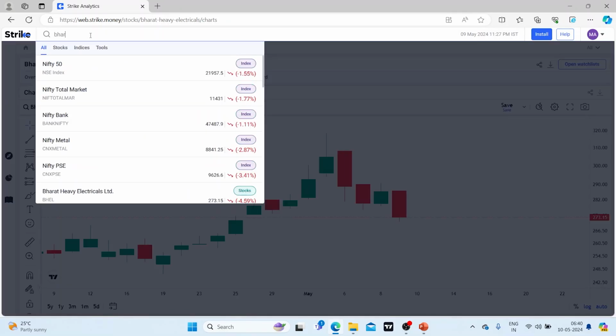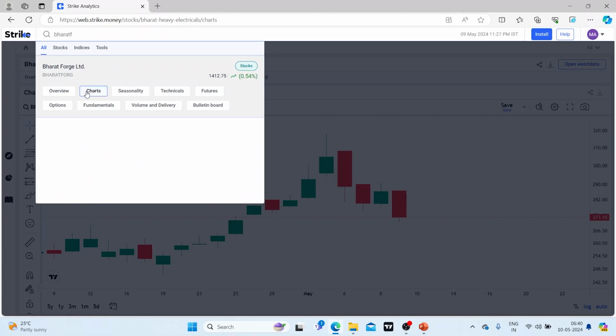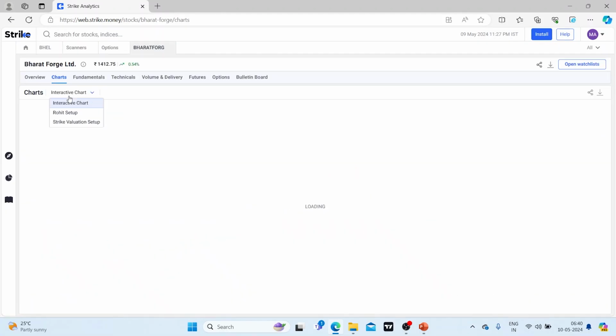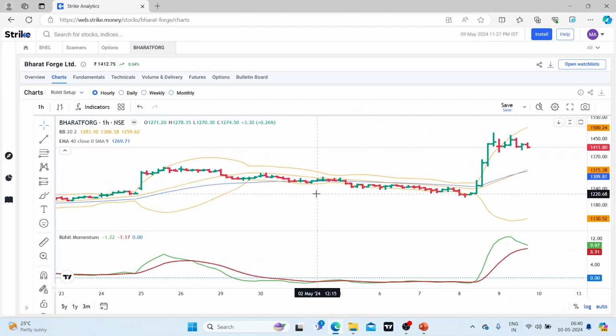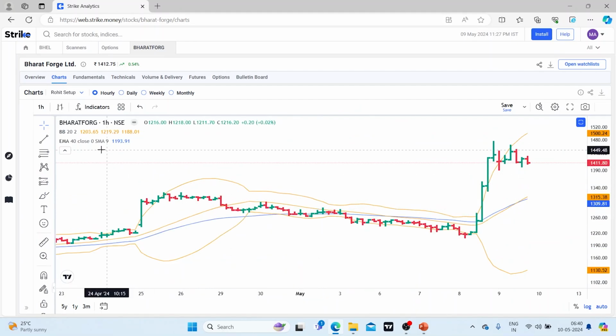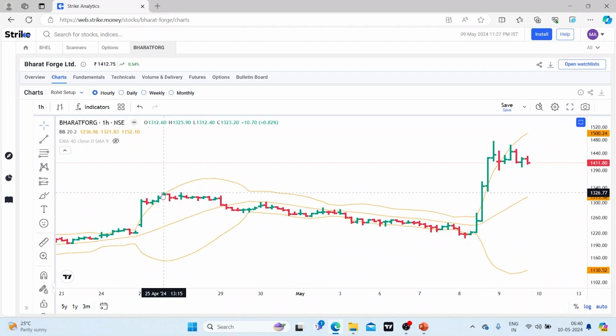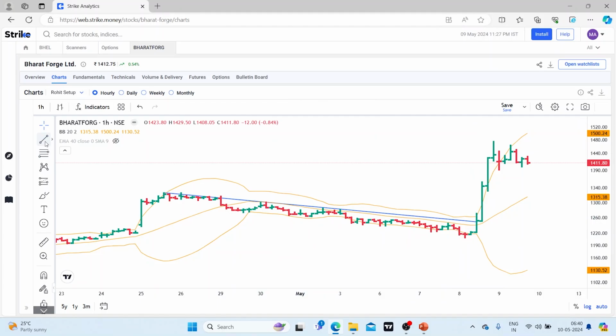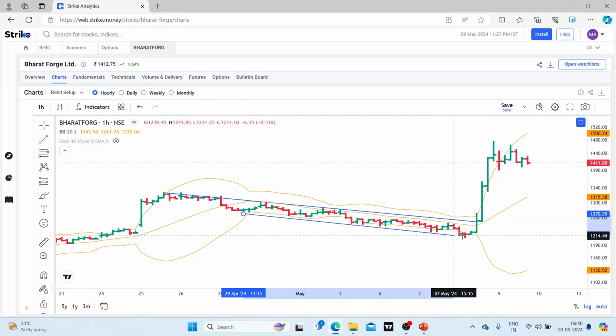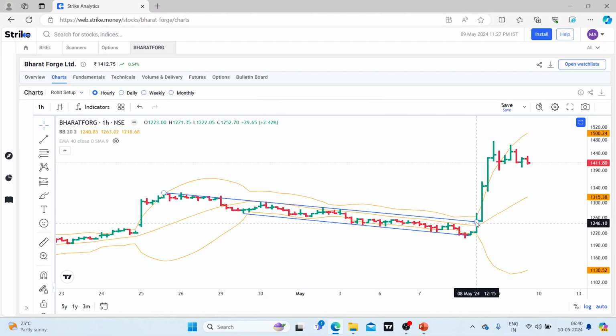Say we have seen Bharat Forge. We go to its chart, only the hourly chart, and we see how the price has moved. If you could see here, there was a long period of consolidation on an hourly chart since 25th of April. It was a slow and grinding down move, but this would ideally be a consolidation because the bands are contracting. And then the bands started exploding on 8th May